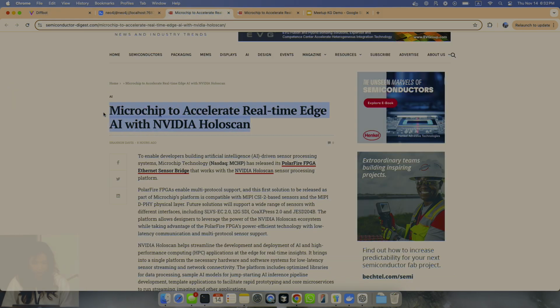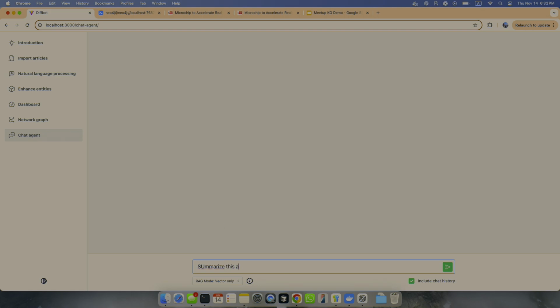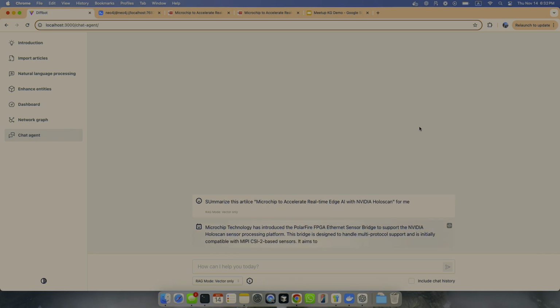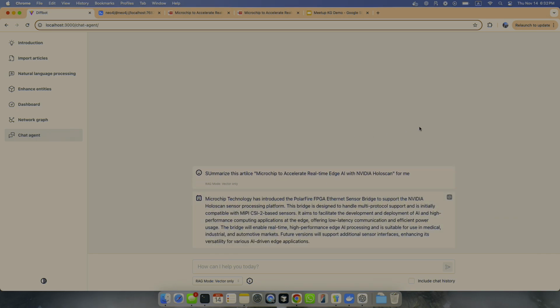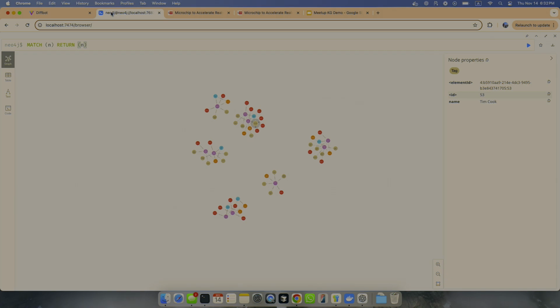If I want to say, okay, summarize this article for me, and don't include chat history. See, the RAG mode is vector only. Okay, so it's generating a real-time summarization, and this is essentially the data pulling from neo4j, the data backend.